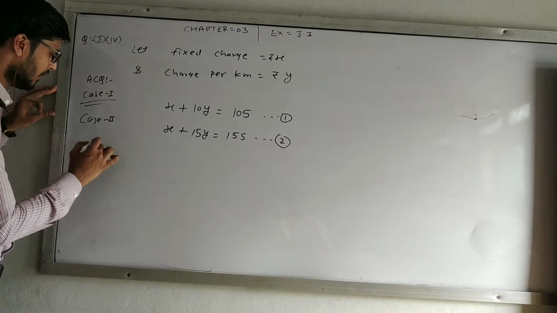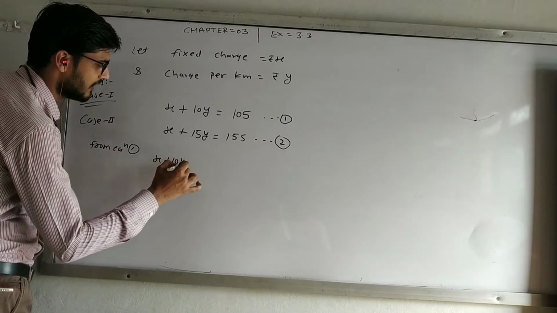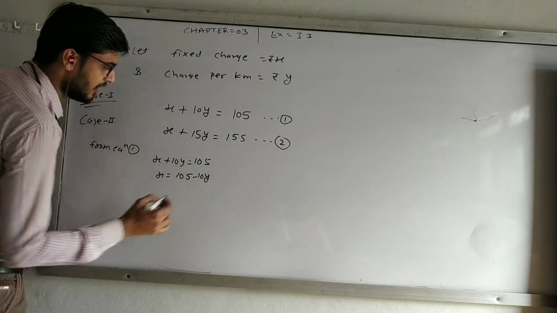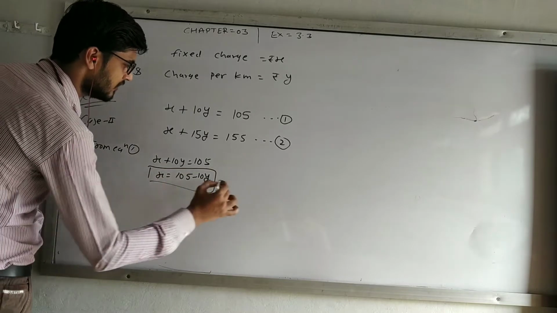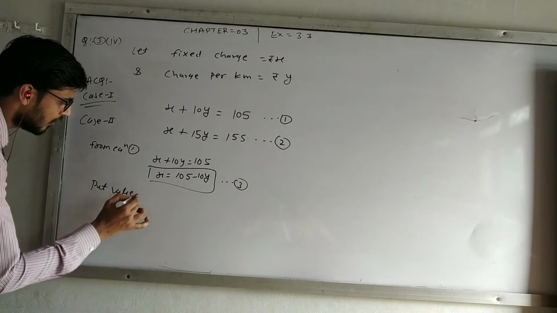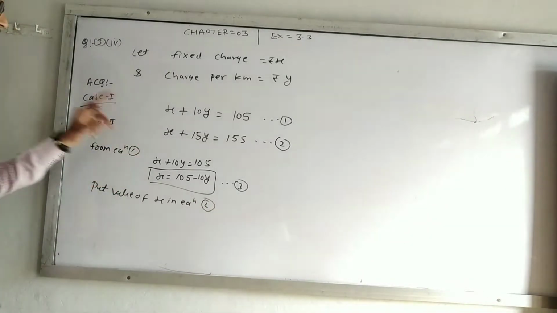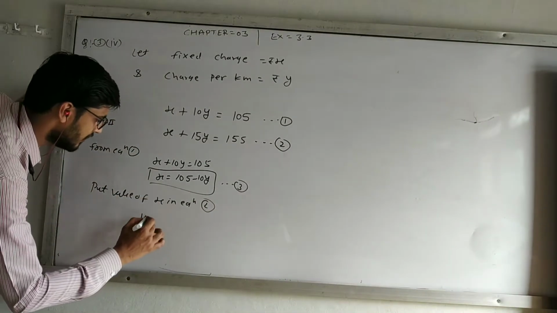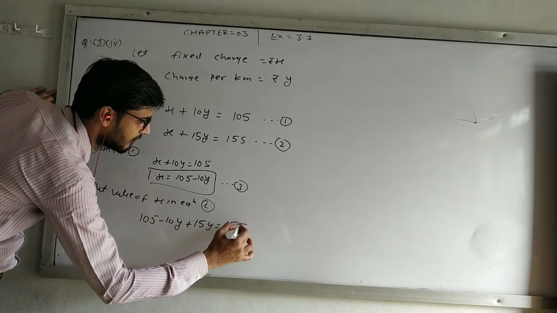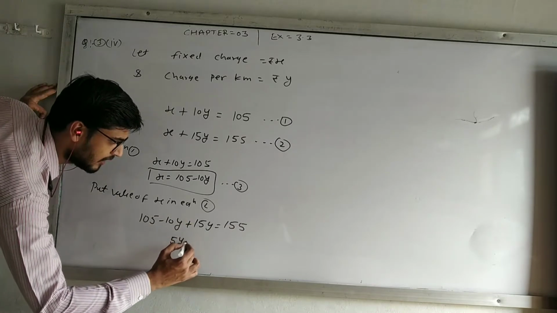So what do we do from equation first? Equation first: X plus 10Y equals 105. So X equals 105 minus 10Y. So this is our equation third. Now we put the value of X in equation second. What do we get? 105 minus 10Y plus 15Y equals 155. So minus 10Y plus 15Y we get 5Y, and